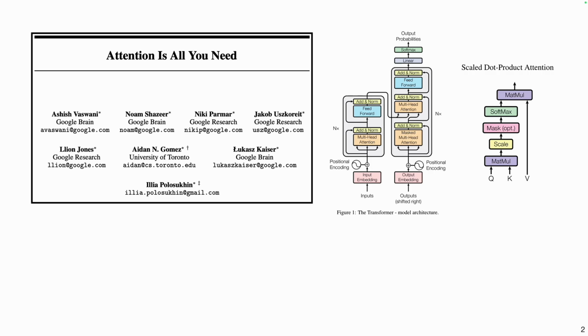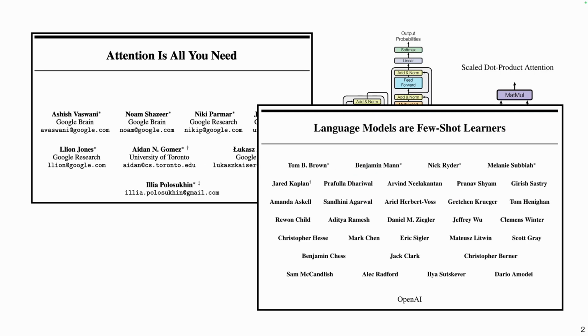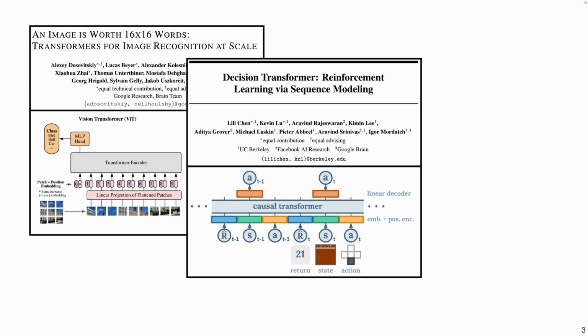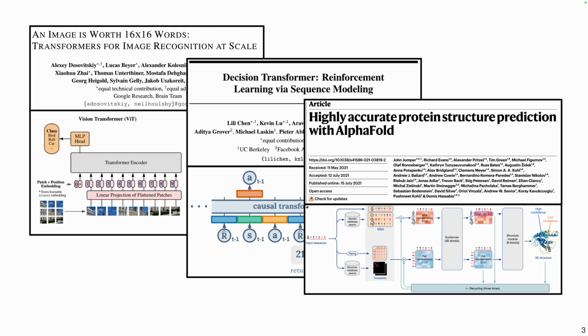However, since the introduction of this paper, transformers have become a cornerstone of various domains. One application is language modeling, where transformers excel at learning and understanding language patterns. In computer vision, transformers have been gradually replacing convolutional neural networks in tasks such as image classification, object detection, etc. In reinforcement learning, we have decision transformers. Even the recent Nobel-winning advancements in protein folding utilize transformer blocks for predicting protein structures.